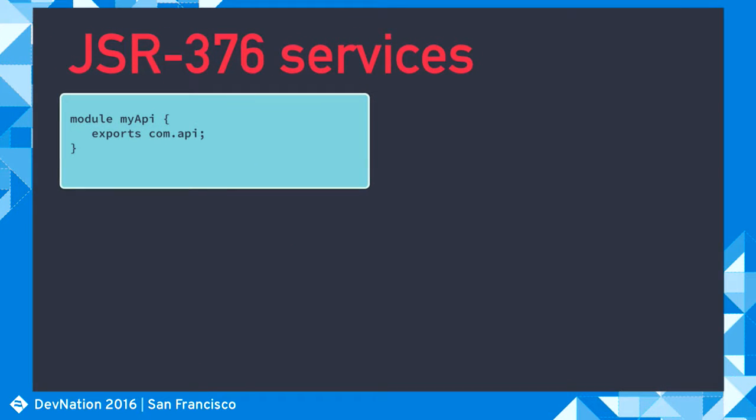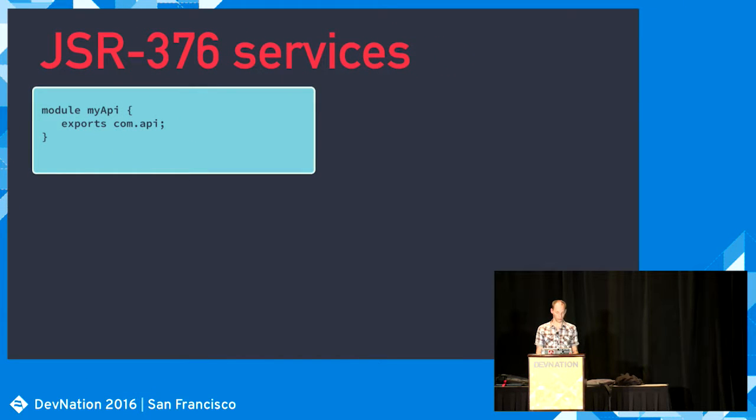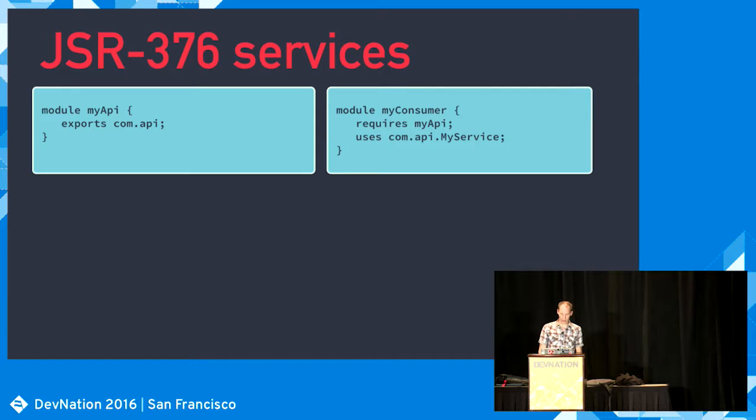This is called the Java module system services implementation, and it's actually something that's already been part of Java for a long time. It's a mechanism that's not that widely known, but it has been refreshed for the Java module system, and it looks like this. So let's say we have a module myAPI containing the interface that we want to share between the provider and the consumer module. And we have a module myConsumer, which obviously has to require myAPI because it has to know about this interface that we want to use.